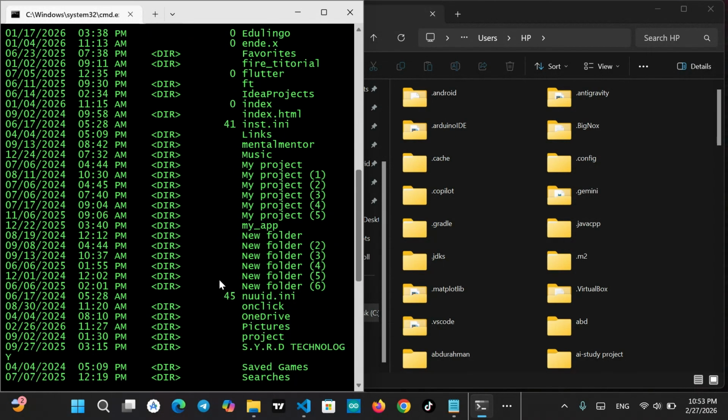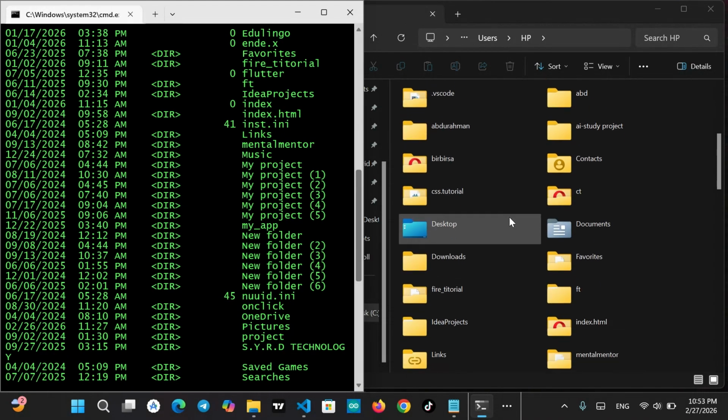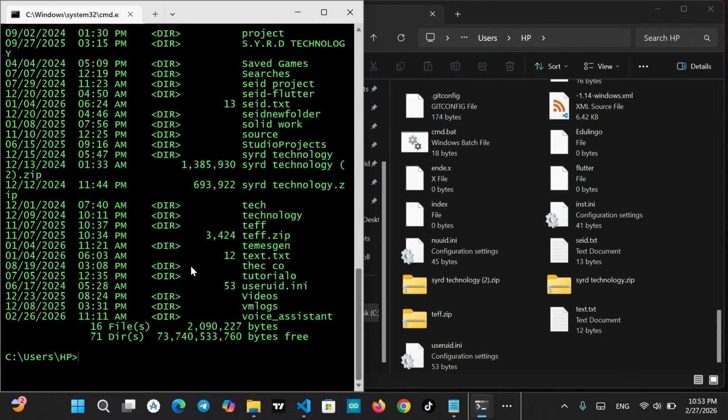So simply we can check in our CMD tool. It is good for listing which folders and files exist.